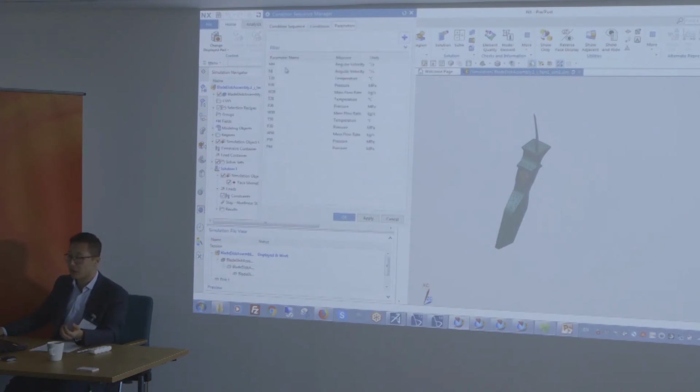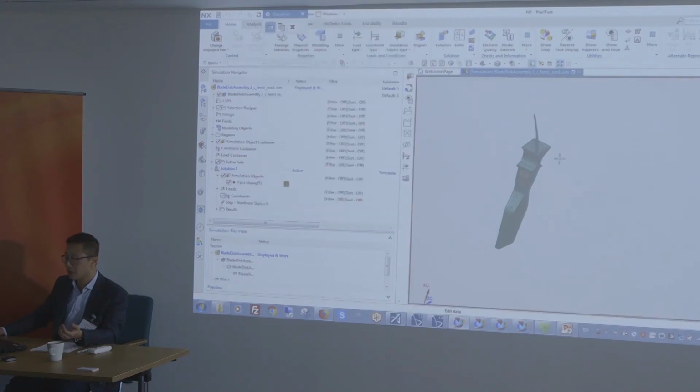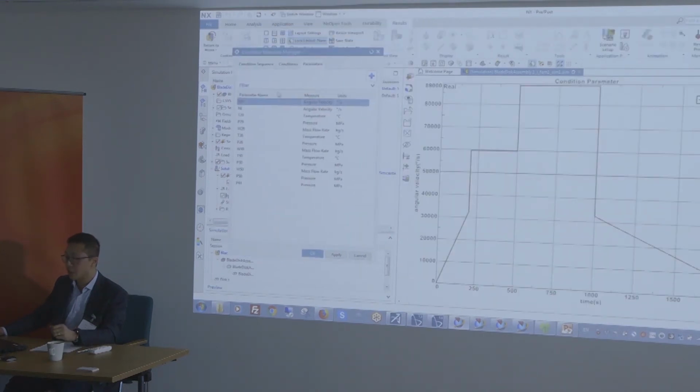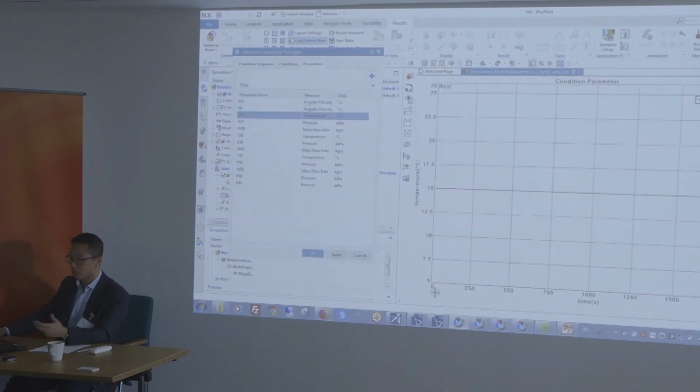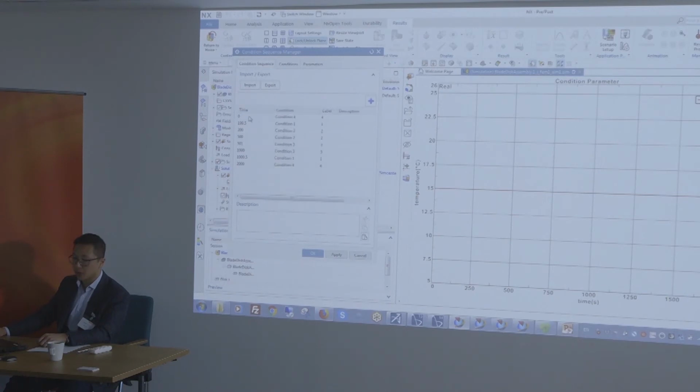Okay. So for instance, if I look at this one now and I plot it, you'll see that throughout my simulation, this particular parameter, NH, which I'll show in the expression menu soon, will vary along the simulation over this profile. And you can edit those profiles directly. This one, if I take it for example, is constant throughout my simulation. And my sequence is this. Okay, so from 0 to 2,000 seconds. Right, so that's pretty useful instead of having to manually define those time-varying boundary conditions every single time. You can save them as a condition sequence log if you wish.